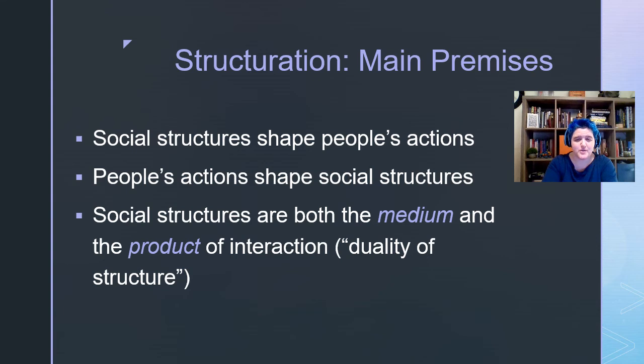Therefore, social structures are both the medium and the product of interaction. And this is called the duality of structure. That is, structure is working both ways. It is both the thing within which interaction is happening, the medium, and it's what happens when people interact. So you're both creating it while you're interacting, and it's how you're interacting, which is weird, but